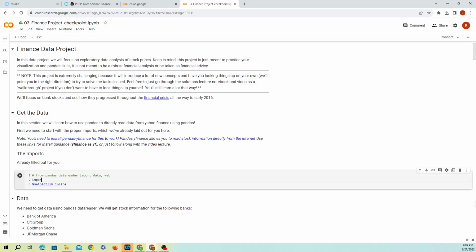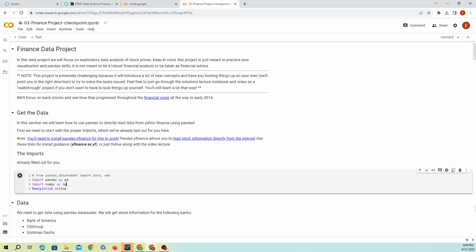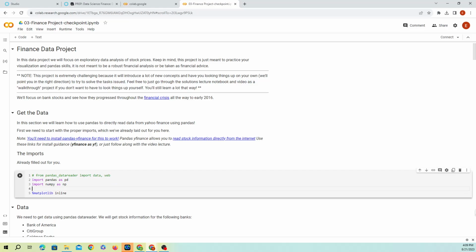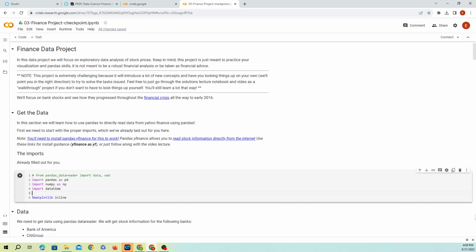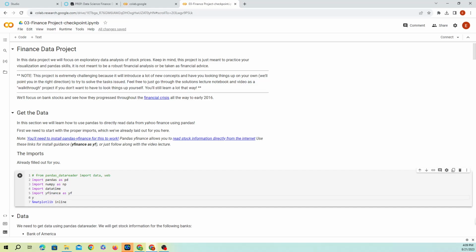We're still going to import pandas as pd, import numpy as np, import datetime, and import yfinance as yf, and we're going to do yf.pdr_override.